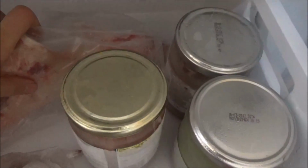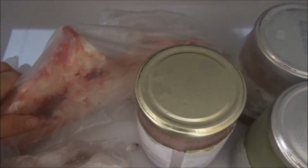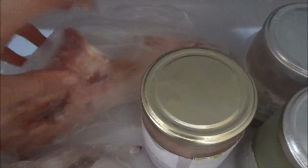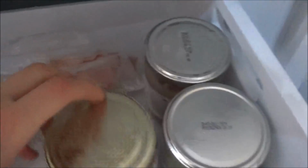So I make bone broth out of that. And bone broth is really good for everything. It has a lot of magnesium in it, which is great for your body. Has a lot of calcium in it. When animals go out to hunt, the first thing they normally go for when they've made a kill is the bones, because the bones actually hold a lot of nutrients that are really good for the body. So that's my bone that I'm going to make bone broth out of, and that recipe will be on foodfamilyandfunak.com. And then I have some smoothies that I made a bit extra of, and I've just put them in